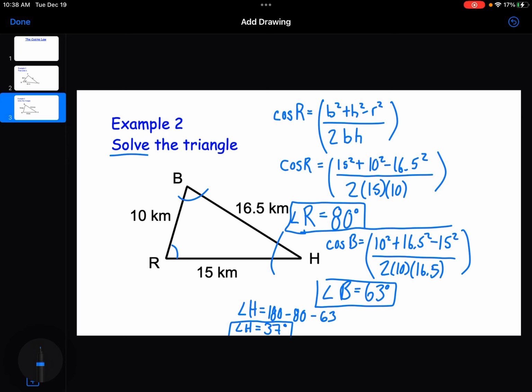Okay, we've used the cosine law twice. We've used both different versions. It's just a matter of rearranging and being careful when you substitute these into your